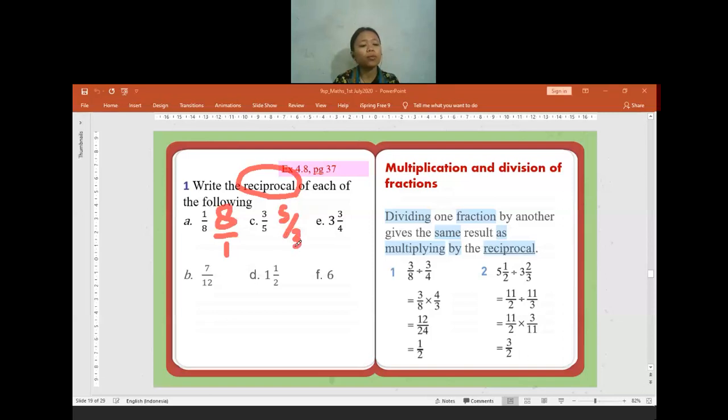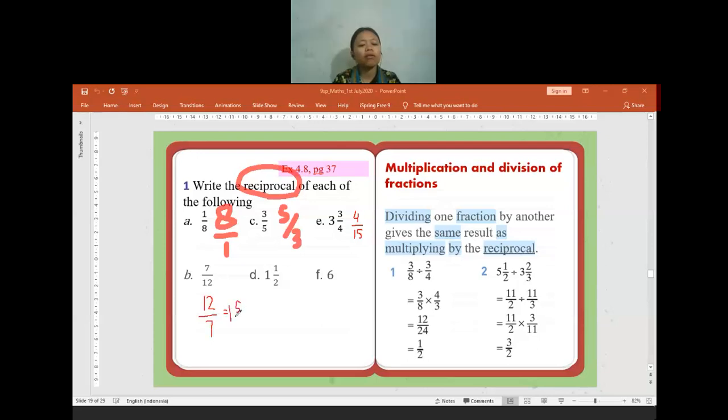And then what if I have 3 per 4? What is the reciprocal? 4 by 15. Is there anyone confused about how to get 4 by 15? No? Okay. If no one asks me questions, then I will continue. What is the reciprocal of 7 by 12? 12 by 7. Okay. Can you change it into a mixed number? How much will it be? 1 5 per 7. Okay, 1 5 per 7.